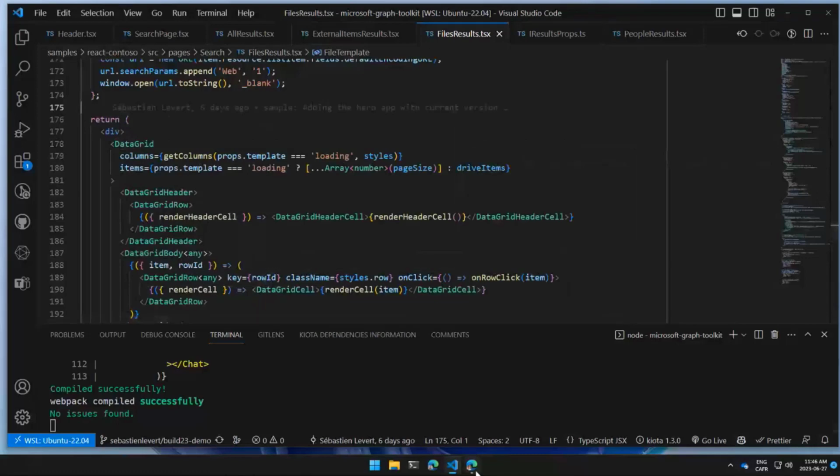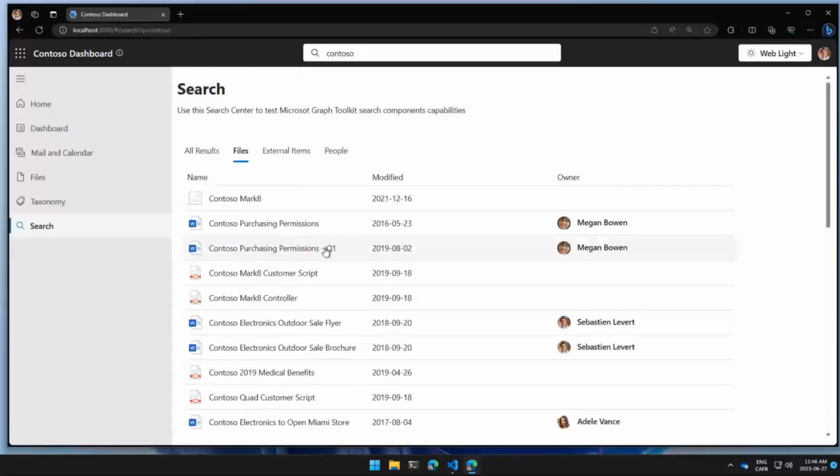So we're really looking forward to what you will be building with this search component. We're looking for your feedback. This component is in preview for now. It's not fully V1. It's part of our V3, but it's in preview. We're looking for the feedback. Please come to our repo, log issues, log feature requests. We'd love to hear you on these capabilities.